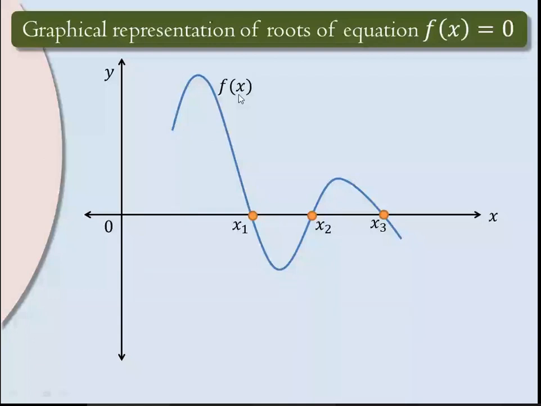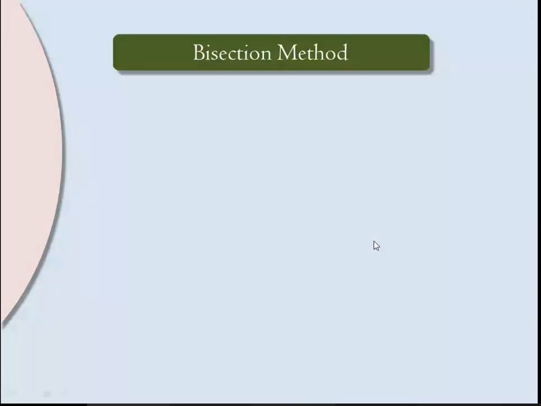At many points the curve may intersect it. If it is not intersecting, then this function cannot be 0. If it is 0, then there must be at least one point at which the graph of that function intersects the x-axis. So carefully remember this, because while solving problems, if we have an idea about the nature of the function, then we can easily get these roots. Now we'll see what the actual methods are.